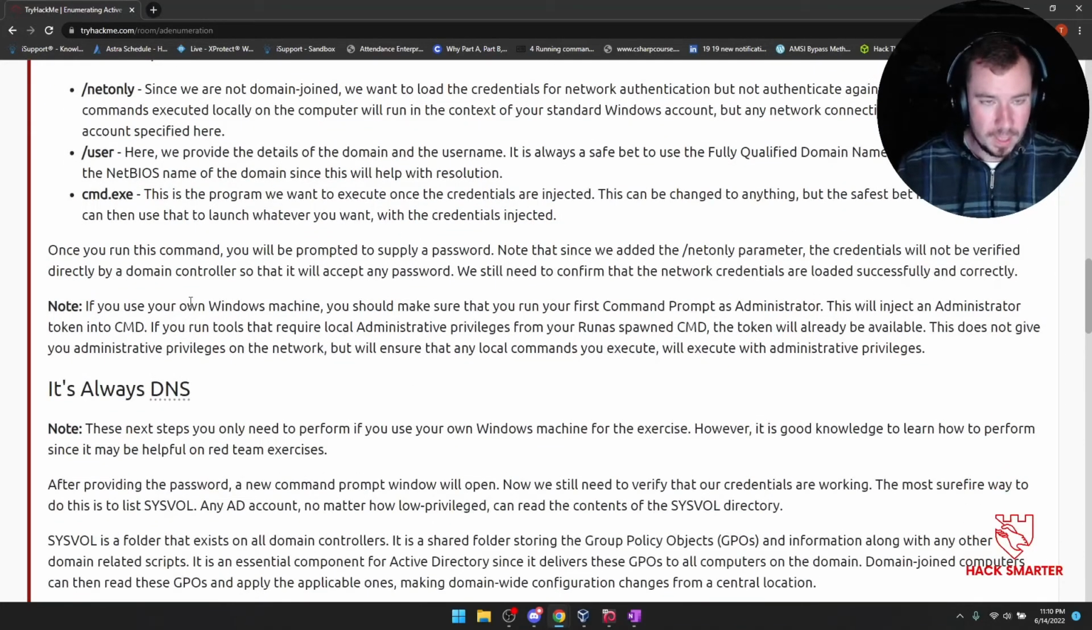Note, if you use your own Windows machine, you should make sure that you run your first command prompt as